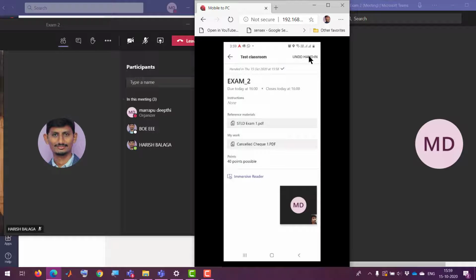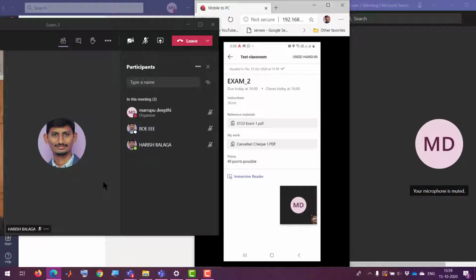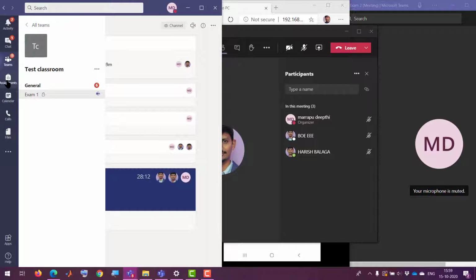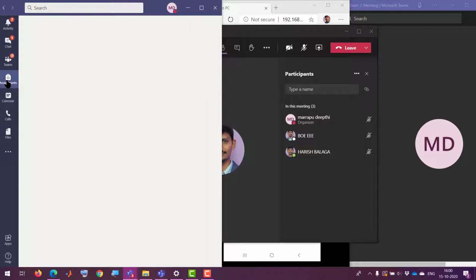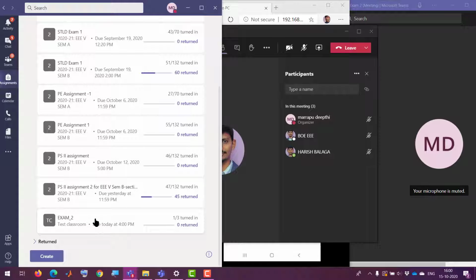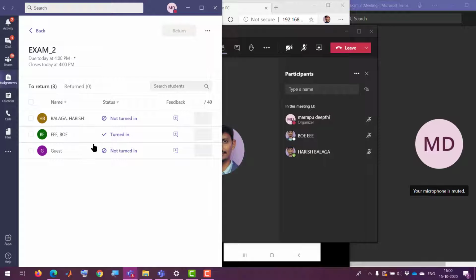Once all the students have submitted, how many students have submitted, the mentor can see here in the same assignment section. If he goes to exam 2, he can see how many students have turned in. Turned in means they have submitted.